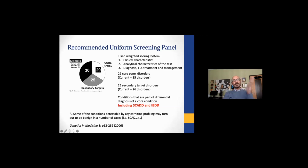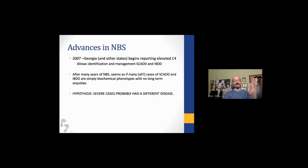Okay, so with the publication of this in 2006, in 2007, Georgia, and I'm sure many other states, began reporting isolated elevated C4 levels, which allow the identification and management of SCADD and IBDD. And it turns out that after many years of newborn screening, when you talk with various colleagues, it seems that all cases of SCADD and IBDD are possibly biochemical phenotypes with no long-term sequelae. And I think others have hypothesized that severe cases of these disorders probably had a different disease. We don't always have evidence of that, but so